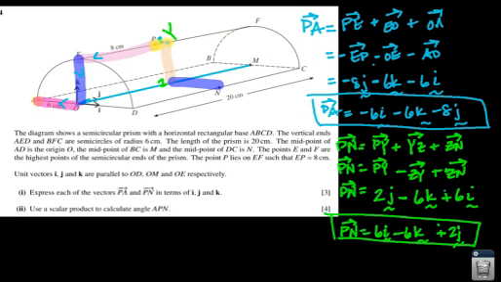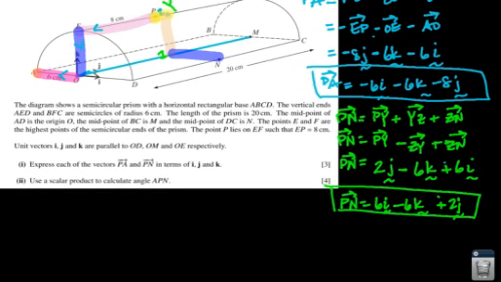Now it says find the scalar product to calculate the angle of APN. So basically, we're going to be finding this angle here, A to P and P to N. So we can do this one of 2 ways. We can either head this way or we can head the other way. And since they have us going from P to A and N to P, we get the same thing, so it's fine. All right, so I'm going to start by finding the dot product of PA